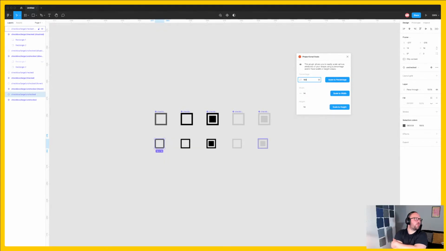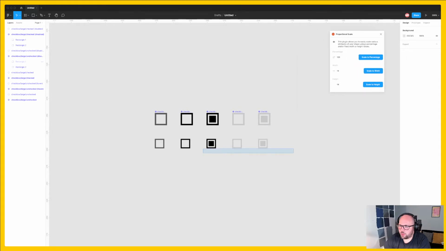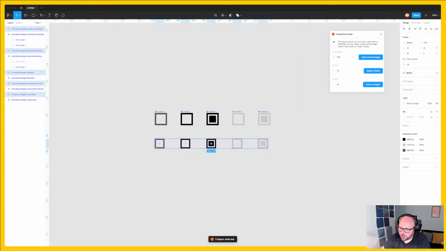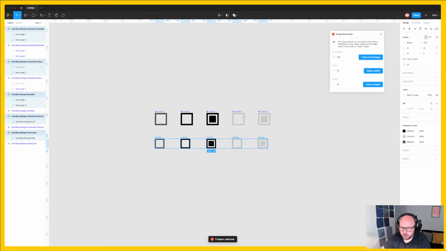There's some little quirks with it. I find it tends to sort of freak out a little bit if you try and scale multiple objects, even if they're the same size. It tends to go a bit wonky. So I did have to do it individually, but it's not the end of the world. I'm just going to go there. So what I now need to do, these are all instances of these main components. So I'm going to detach all of these, and then I'm just going to do a little bit of